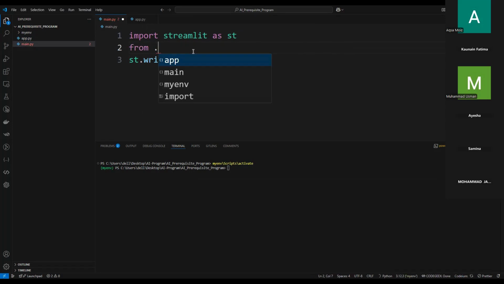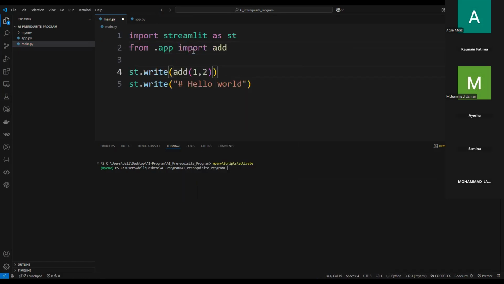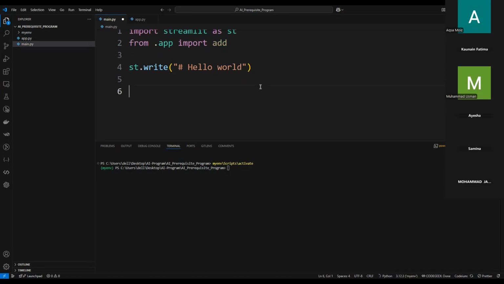अपने ही उससे हमें लेना है, तो हम लिखेंगे ऐप। जैसे ही मैंने डॉट लिखा, इसको समझ आ गया कि अच्छा मैं डायरेक्टरी से ही लेने की बात कर रही हूँ, डायरेक्टरी से मैंने ऐप लिया, इम्पोर्ट, ठीक है, ऐड, ठीक है। अब देखो मेरे पास फंक्शन आ गया, सही। और ये देखो इसने बता दिया, इसको मैं हटा देती हूँ। अब मेरे पास जब फंक्शन आ गया, अब मैं इस फंक्शन का क्या कर सकती हूँ, मैं प्रिंट करूंगी, ऐड लिखूंगी